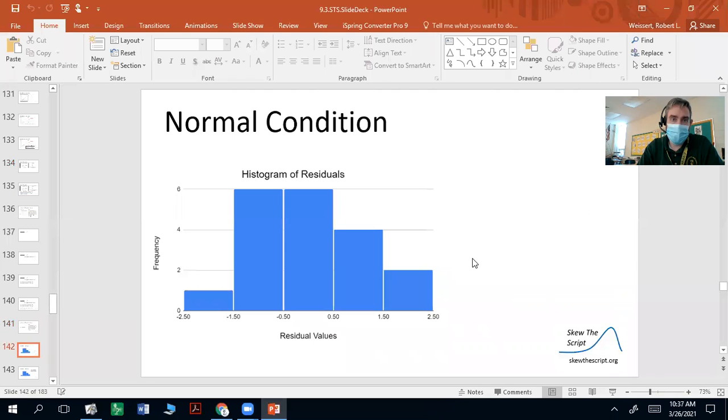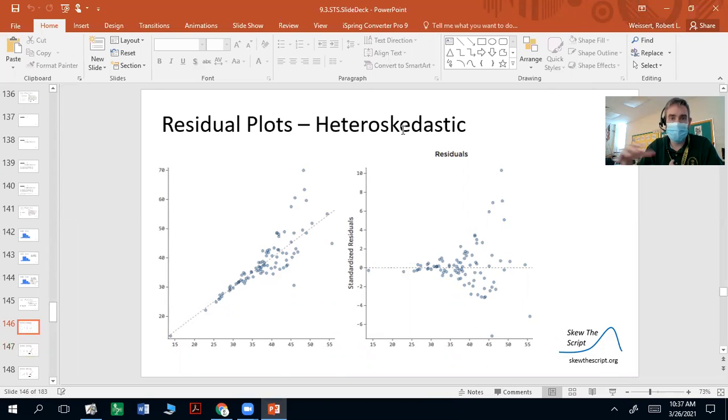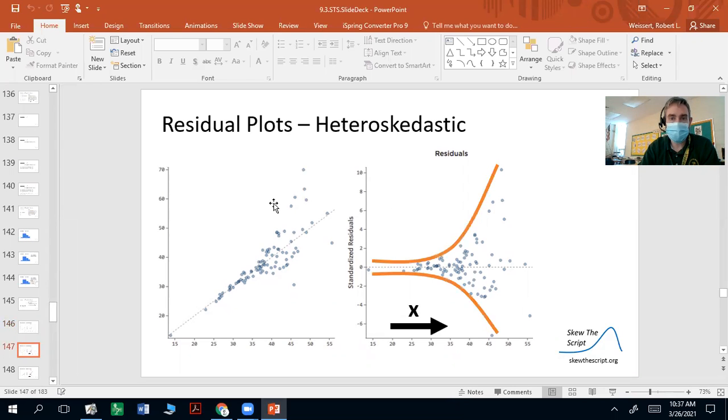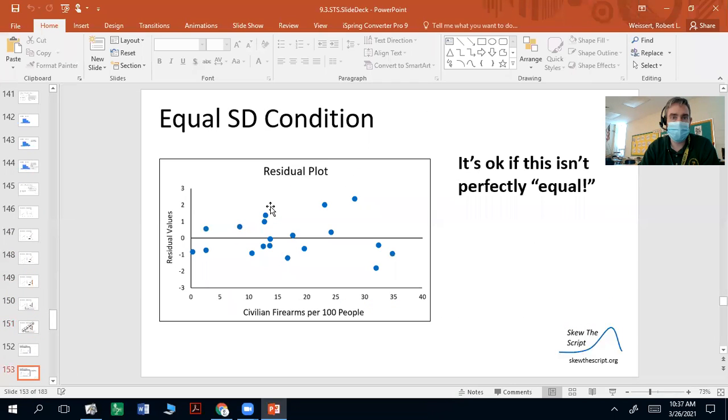And then equal variance. There's heteroscedastic, which is just a fancy word for saying it kind of expands as it grows. So if a residual plot expands or looks like a funnel shape and gets bigger outward, that's not a good sign. And finally, the random condition is